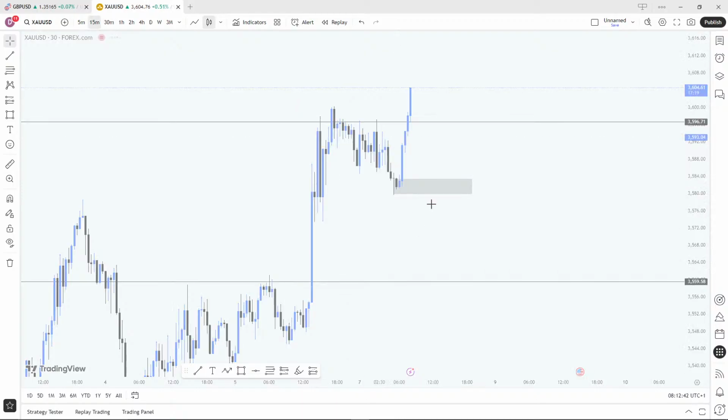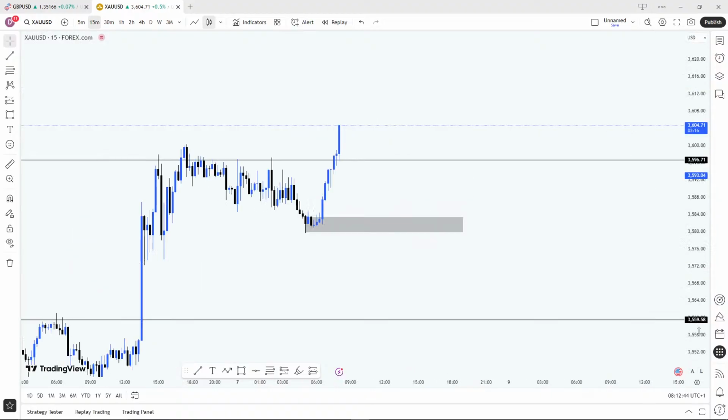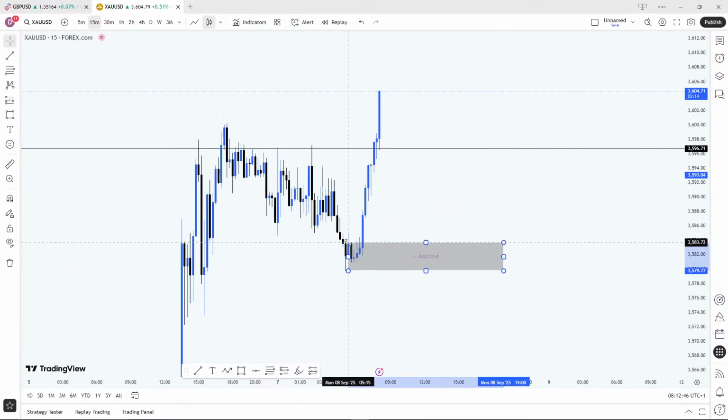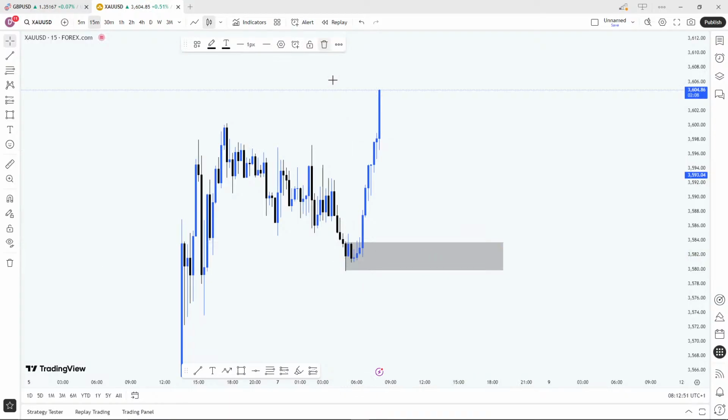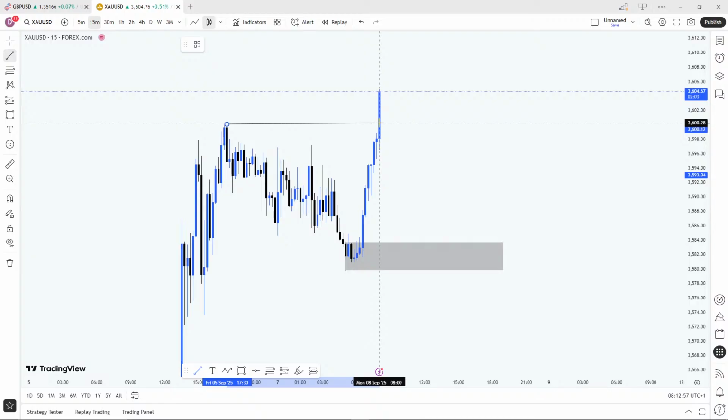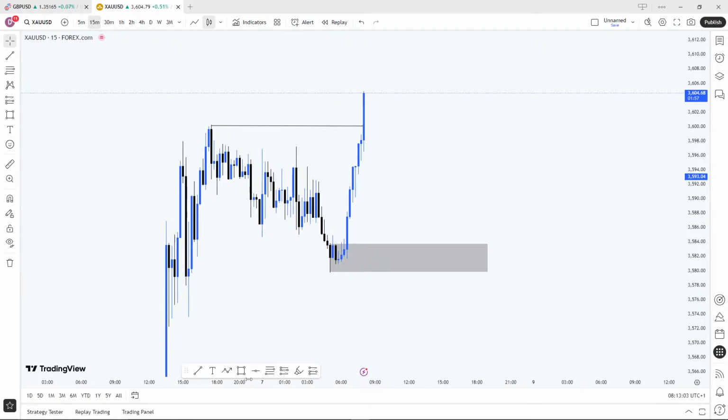So this is an order block. On the 2 hour time frame, that's what I marked out. But on a 15 minutes, 30 minutes time frame, it's an actual order block. Now this is a nice buy zone, and it has one criteria met, which is the break of structure. Break of structure is already present. But what else do I need? The liquidity. So there is no clear liquidity yet.